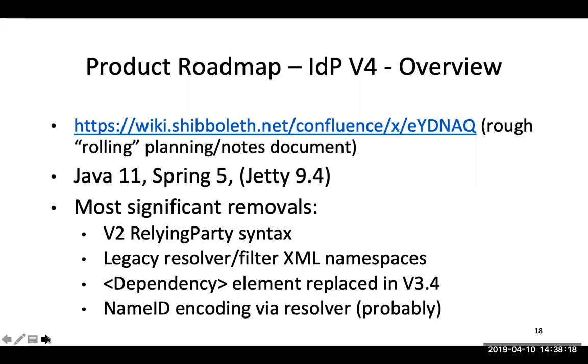The most significant things that we're removing are enumerated on that slide. I won't go through them just in the interest of time, but they give you a sense of some of the things that we are almost certainly going to be pulling from the code base. You can certainly ask about them on the list if there's anything there that's not clear. Pretty much all of that stuff is pretty clearly warned on right now in 3.4, so none of it's news. There are other things that we're evaluating for possible removal, so that's just the most significant stuff. And we're in the process of continuing to make some of those decisions. So next slide, please.